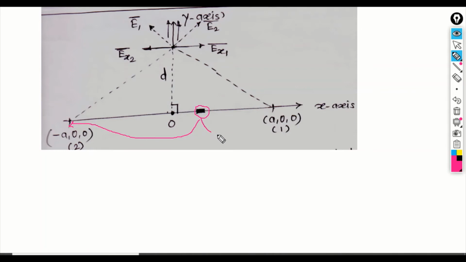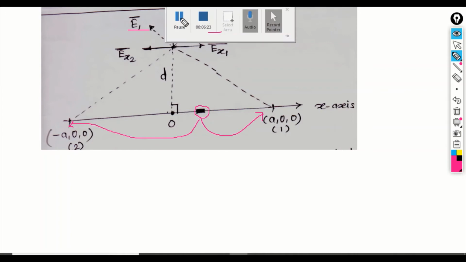Similarly, if I move this dx point to the right-hand most corner at a00, the resultant electric field intensity will be E1. Now resolving E1 and E2 in x and y directions, what do I get? This is my E1. Resolving it in the x direction, I will get EX1. Similarly, EX2, and EY1, EY2 will be on the top.